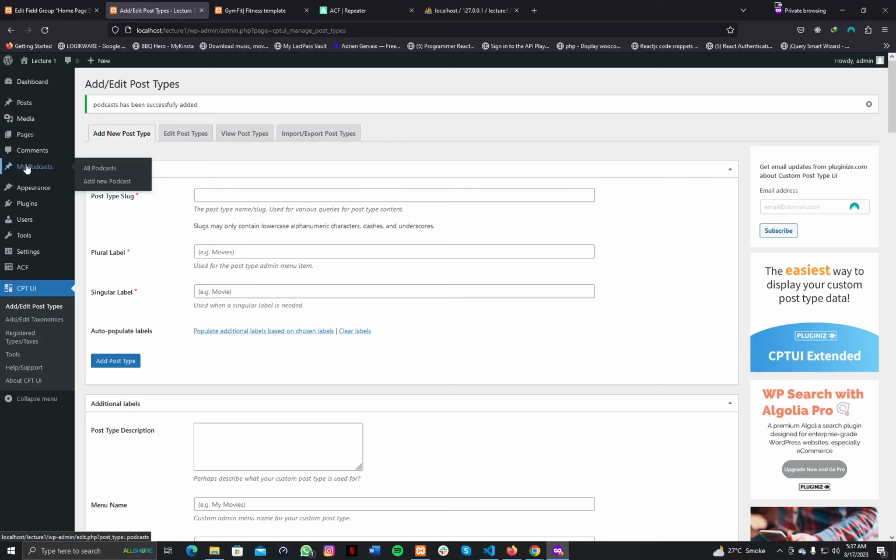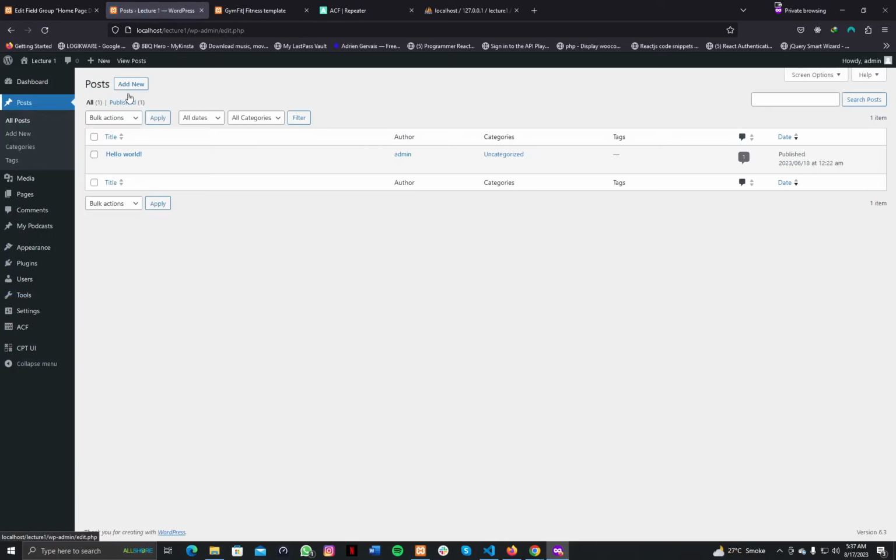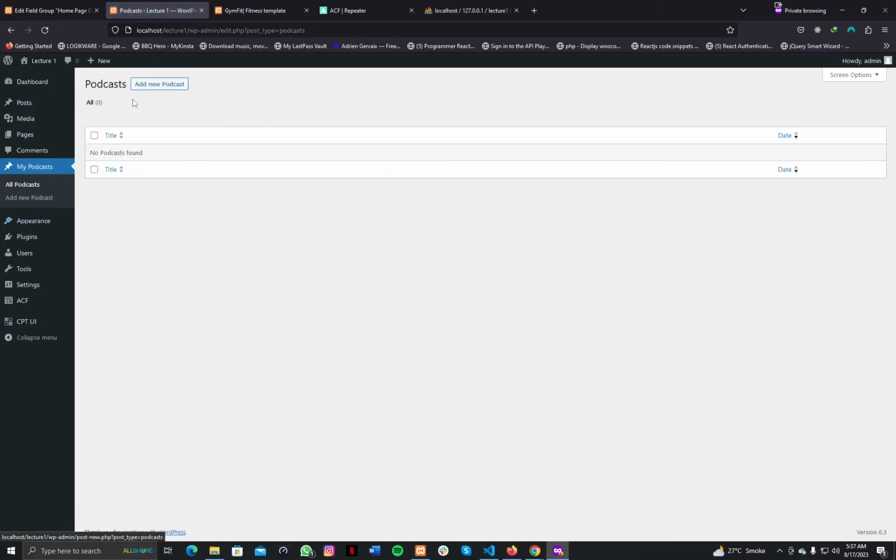It literally works like our post, this one. I'm going to click on podcast, and we now have the button add new podcast. And then we can also have multiple podcasts. Of course, we can create 100 more custom post types. That's totally fine. But what if I tell you that we can create ACF fields for our custom post type? Let's jump to it